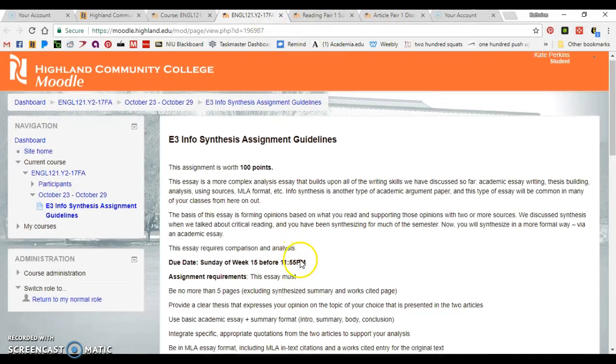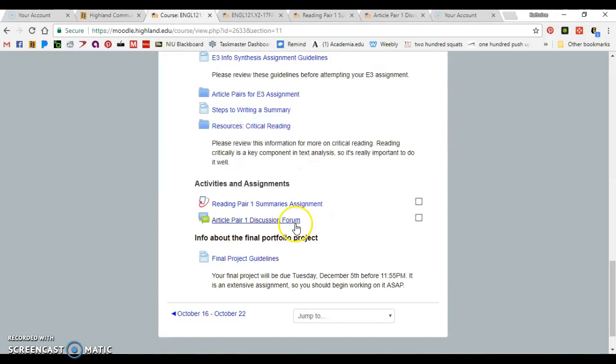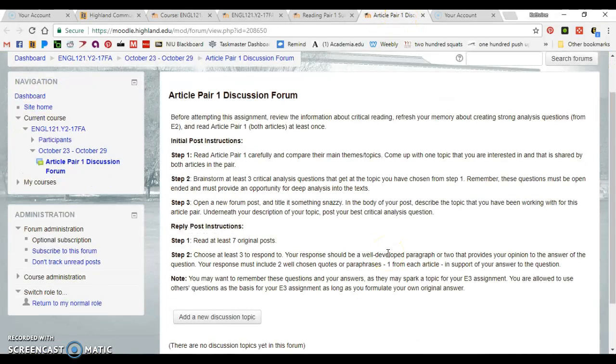The other thing that you have to do this week is your discussion forum. So again, you have to read the articles before you can start this or even think about this assignment. Make sure you come up with a topic that you're interested in. So you need to compare the articles and figure out what are the similarities of a topic that they're talking about.